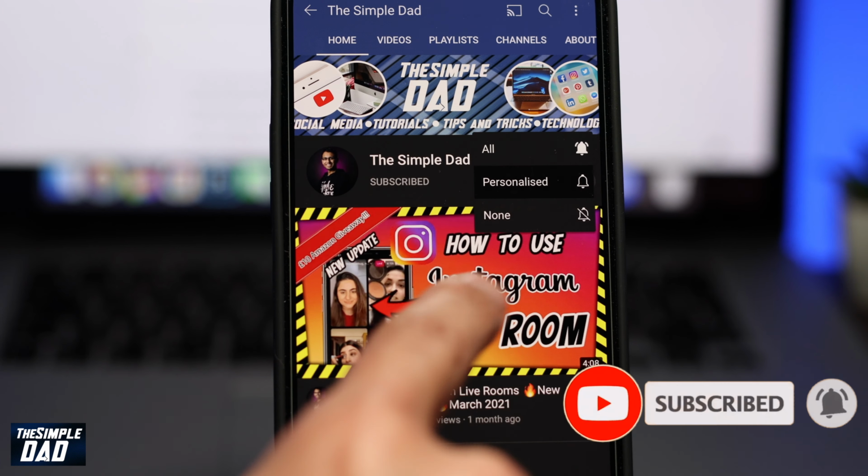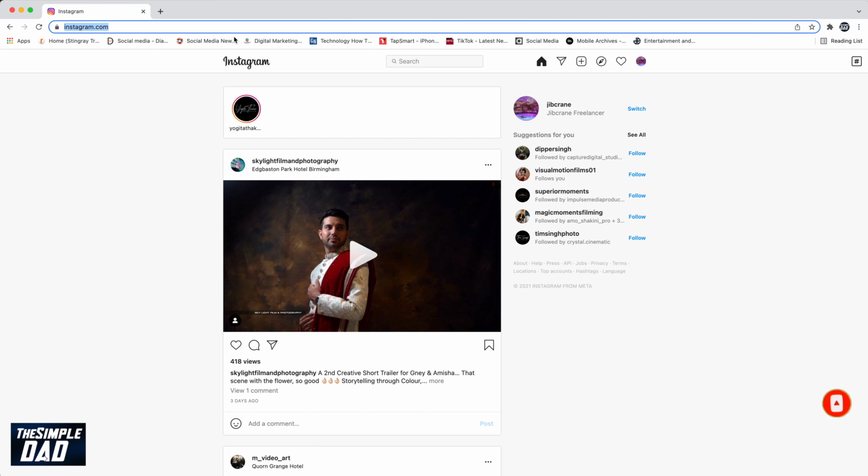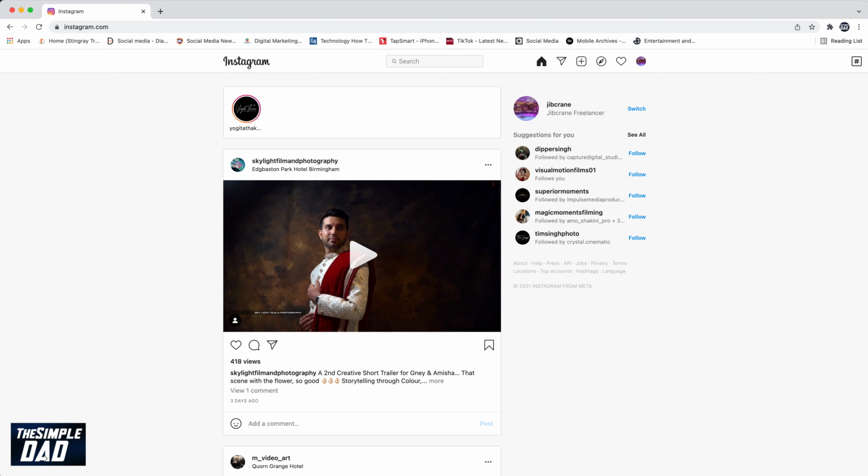This new update from Instagram allows users to upload a photo or video straight from their PC or MacBook. This stops the hassle of transferring the image or video from your PC to your mobile phone and uploading